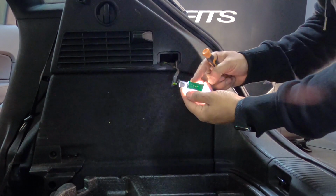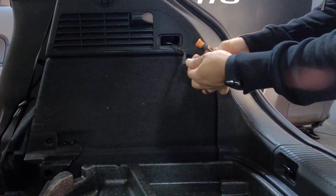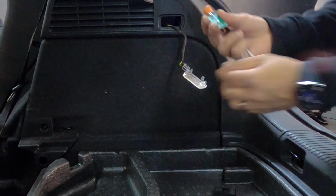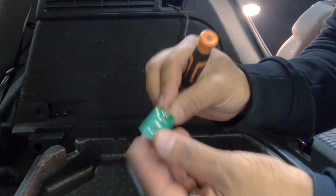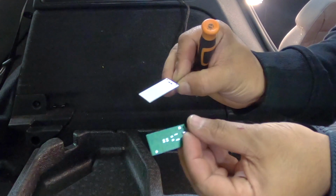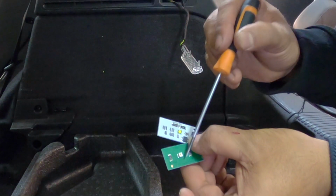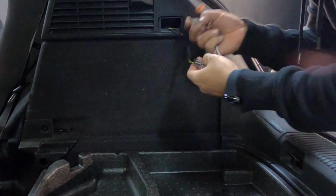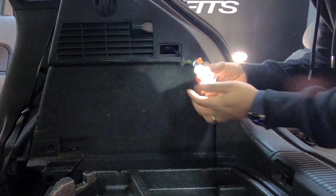open up the case, and that there is the original Audi one. Now all of the original Audi LED boards are green. So there you are. That's the green board from Audi. It's a standard LED chip. This is the upgrade unit from EM Tuning. You can't really see much in it. The thing I know is that that is an LED, whereas this is using an SMD, so a bit brighter. So all I literally have to do now is just pop this in, instantly brighter,